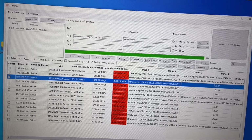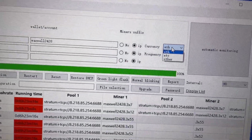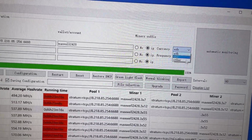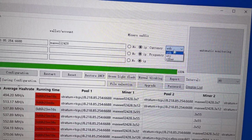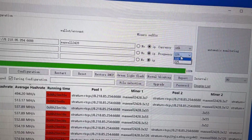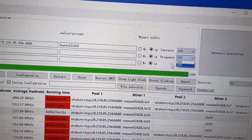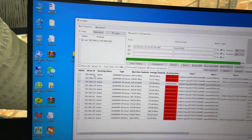Also do not forget to select the algorithm as ETH. Let's forget about the others. I don't know why it includes others. It is just an ETHash miner. And most importantly, for frequency, select 225. After all the settings are done, you select the